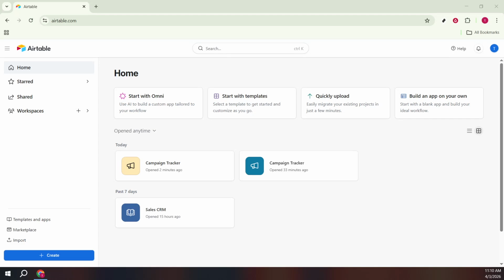In today's video, I'm going to teach you how to automatically convert image URLs to images in Airtable. If you've ever collected image links in a table and wish they would appear as real, viewable images, this walkthrough is for you. The goal here is simple. Take a column of image URLs and turn them into actual attachments inside Airtable, so your records look clean, visual,